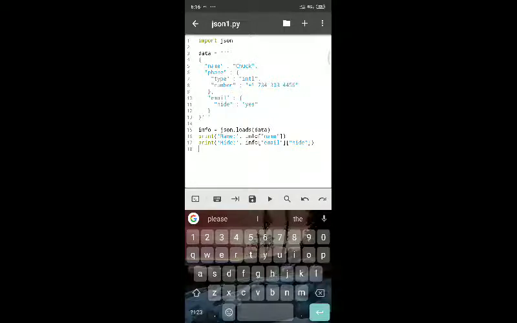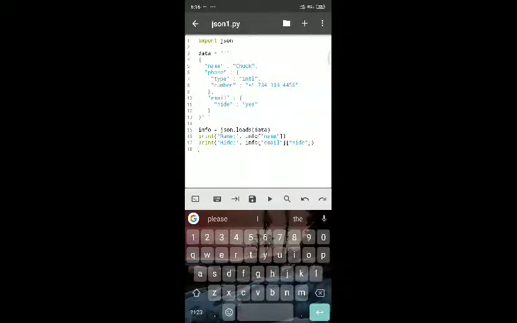There is one function directly with a JSON file: info equal to json.loads of data, and that entire data will be loaded into the variable called info. Now what we have to do is extract. Once we have loaded that data in the form of info, you can extract any value with respect to the key.